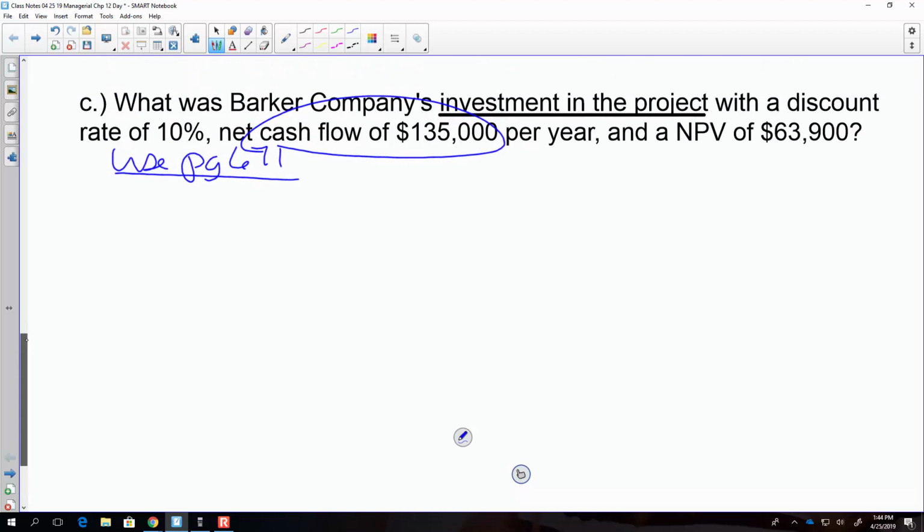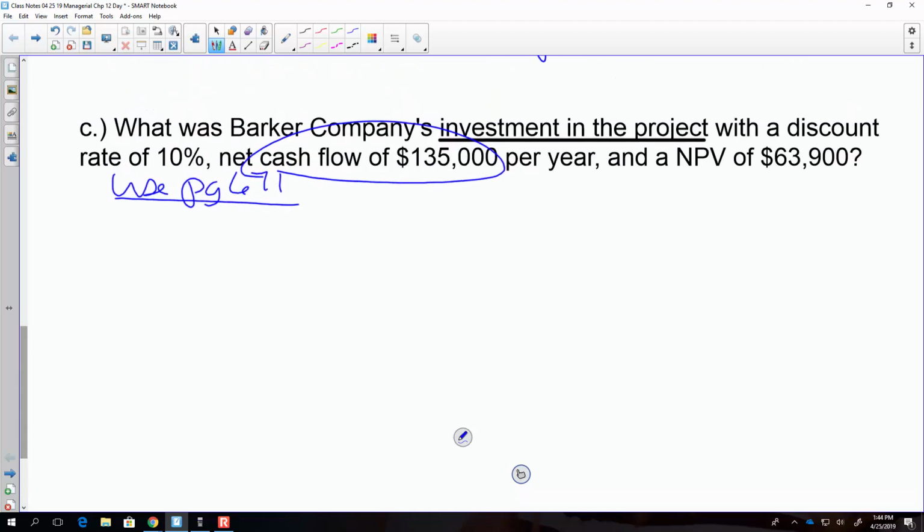So kind of going backwards, right, into our process. We know the net present value is 63,900. And that really is a function of an investment amount, which we don't know. We'll call that X. And that X is a negative number, right? That X is a negative number. Plus